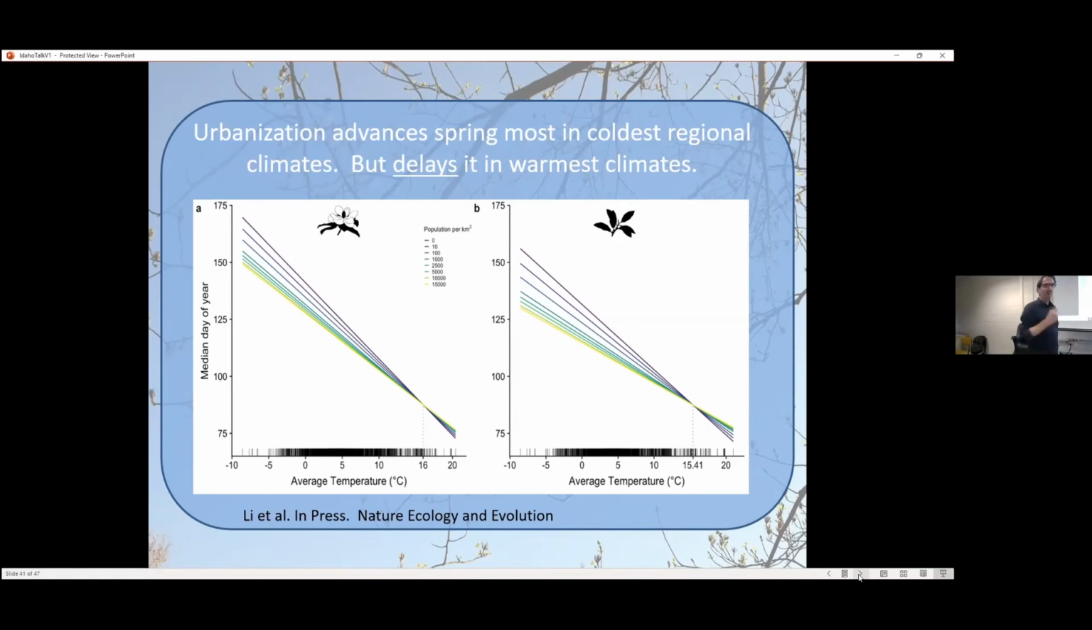So urbanization advances spring in the coldest areas. If you're living in Idaho, urbanization means that your springs are earlier. But if you're living in Miami, what it means is that spring leaf onset or spring flowers happen later, not earlier. As you move into the subtropics and these warmer environments, these effects are definitively climate context dependent. That pattern is really strong and clear here. So depending on the average temperature, the effect of higher population densities might be either positive or negative. Okay, so